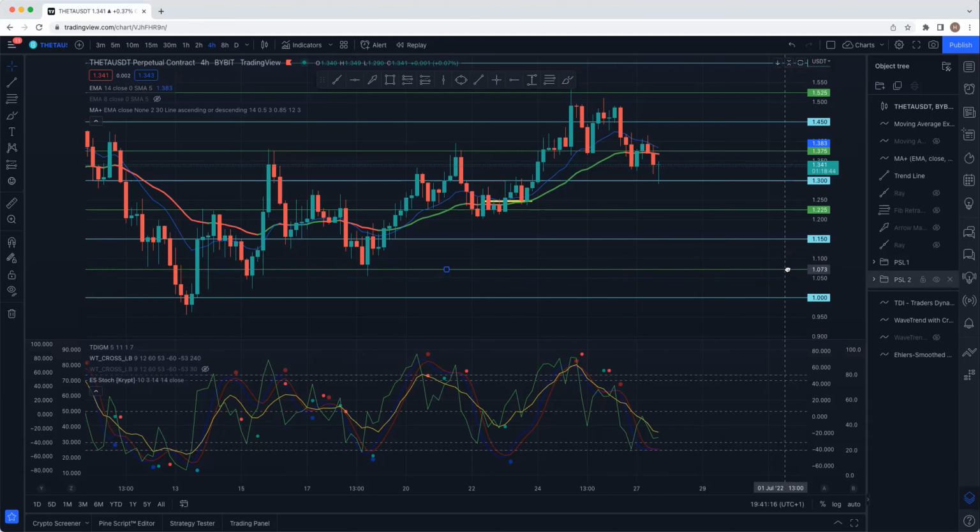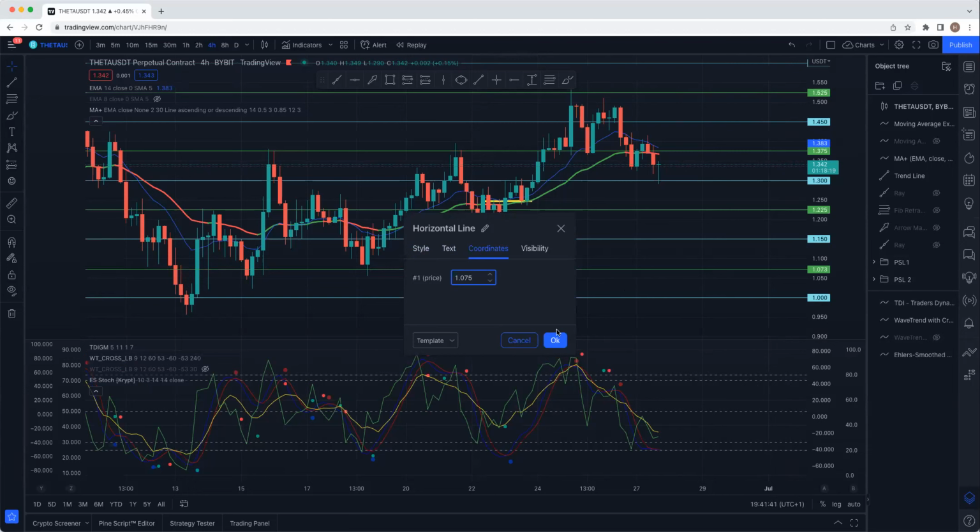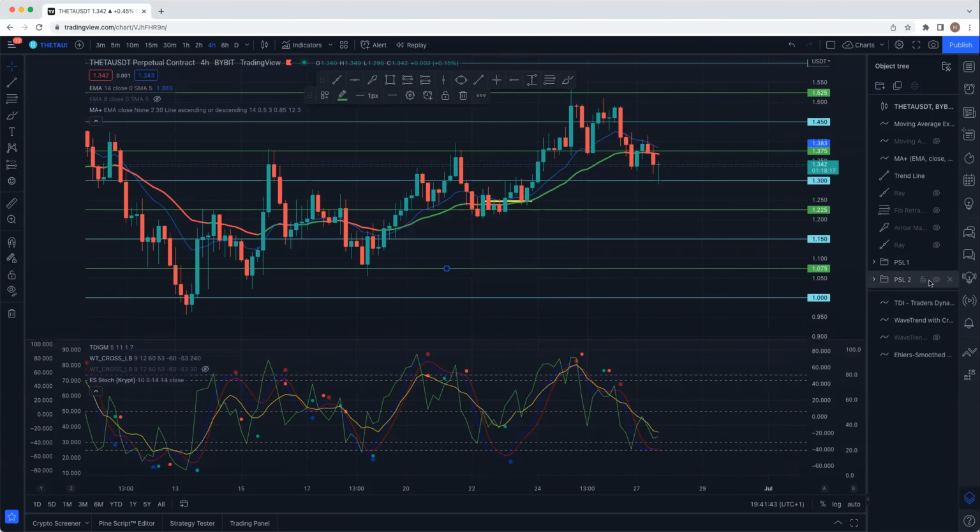So it should be, let me do the calculation well. Wait a minute, 0.15 divided by 2, 0.075. Yeah, so this should be 0.075. Okay, so psychological level 2.